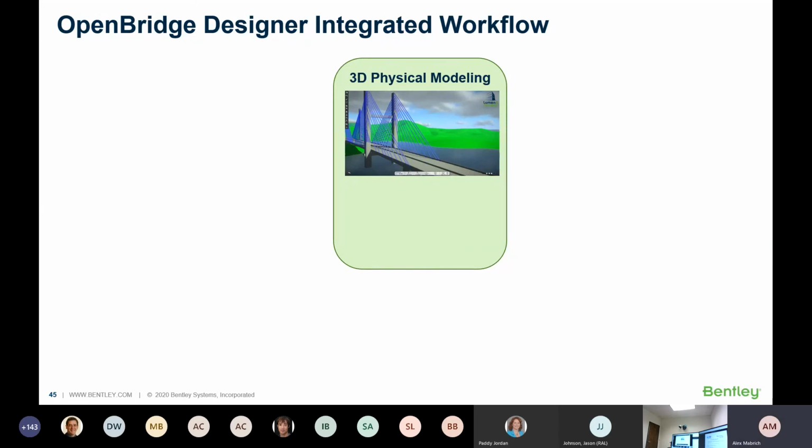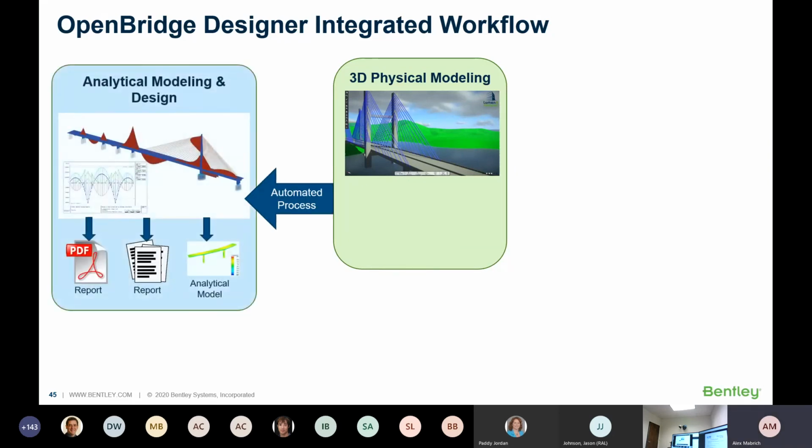From that physical model, through an automated process, I say, let's calculate the bridge and see if it works. Place AASHTO 4 beams, see if it works. If it doesn't, change it to AASHTO 5 maybe, for example. And then if it works, through another automated process, my physical model is changed. So now the AASHTO 4 beams that I had become AASHTO 5 because I know it works. From that physical model, since I'm reading geometry information from different sources, survey,